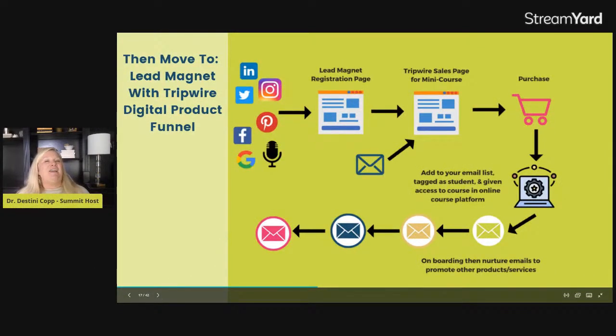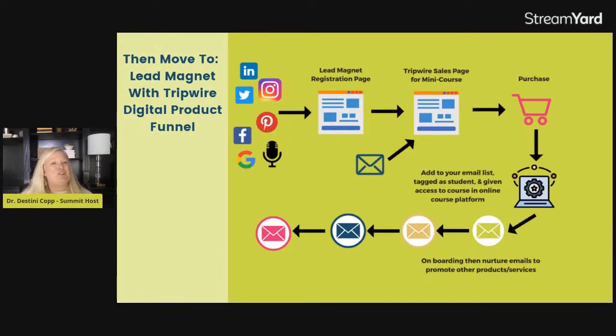Okay. And then take it to the next step. So you're going to start out with a very, very basic lead magnet. And then once you have your digital product in here, I want you to add it as a tripwire. So basically somebody comes and they sign up for your lead magnet registration page, right? Wherever they find you. Maybe you spoke on a podcast and you gave them a link for your free gift, or they found you on Instagram, or they did a Google search or whatever. So they come to your lead magnet registration page.